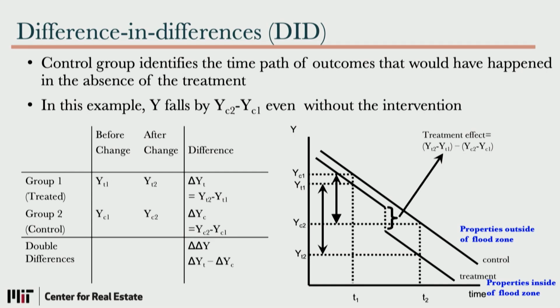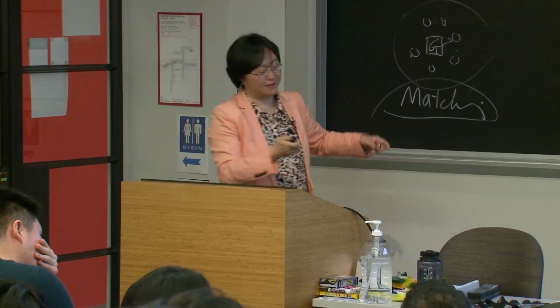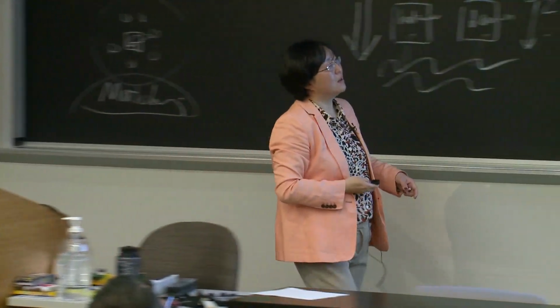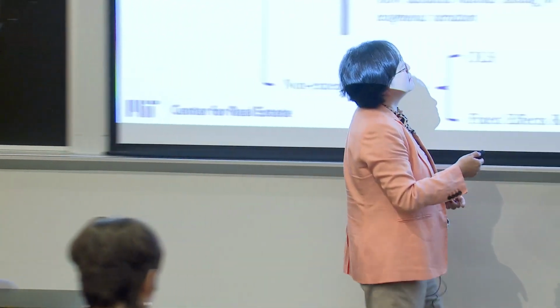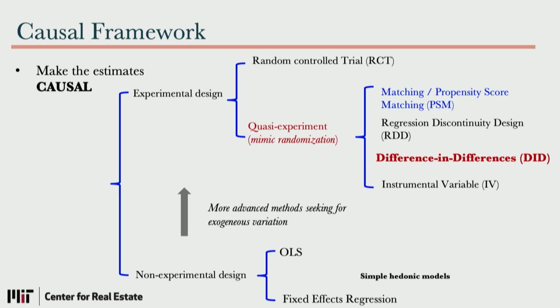If they do not have this, it cannot be used, but it's not the end of the world because we have other approaches. If DID cannot be used, then we go to others. That's what econometricians do; they are always dealing with these things daily.